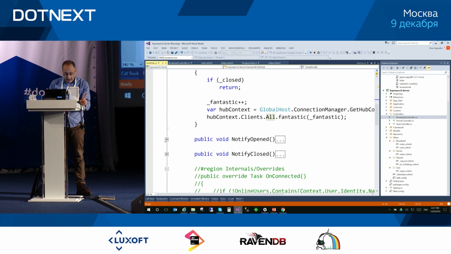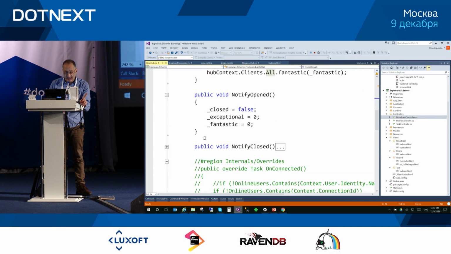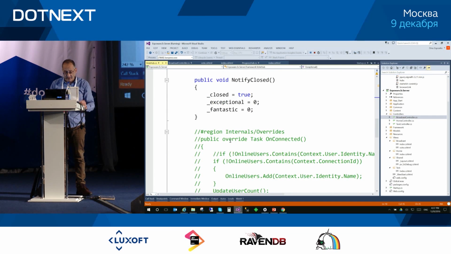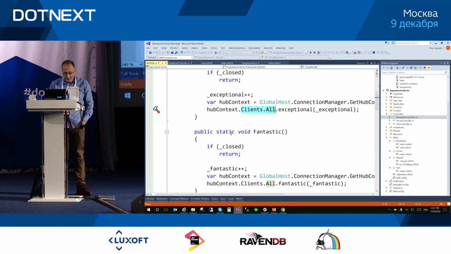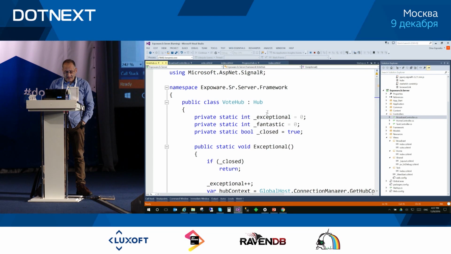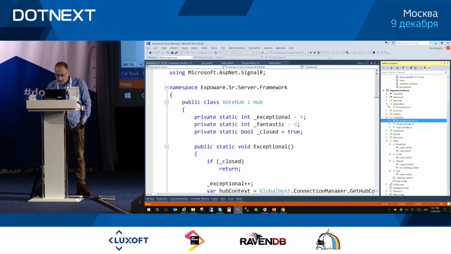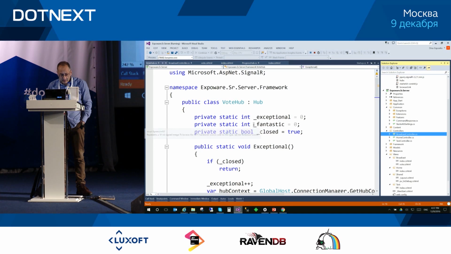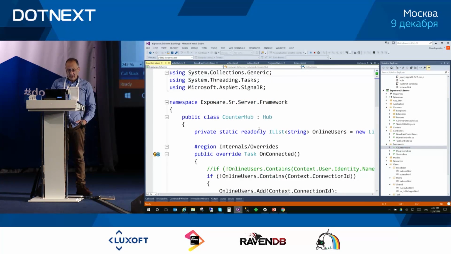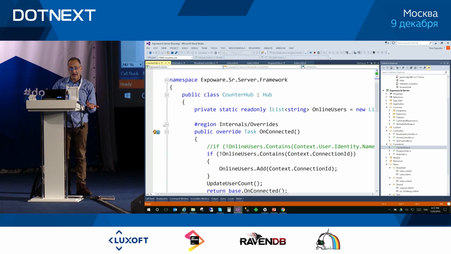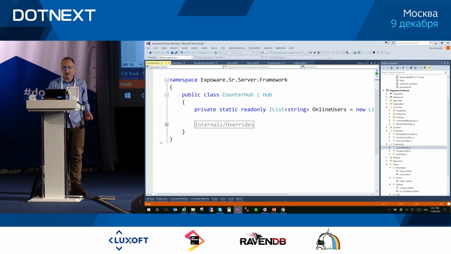To count users, there is something different. There is another hub somewhere. Where is this? I'm lost. The framework. Here we go. The counter hub. The counter hub is a standard way of essentially counting the users. We have a